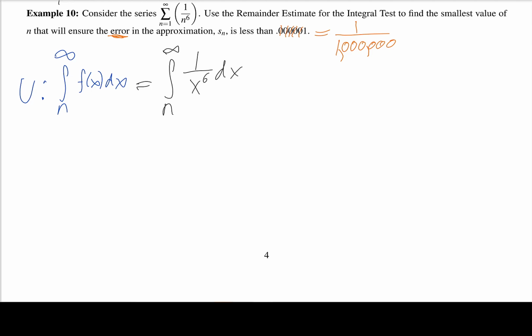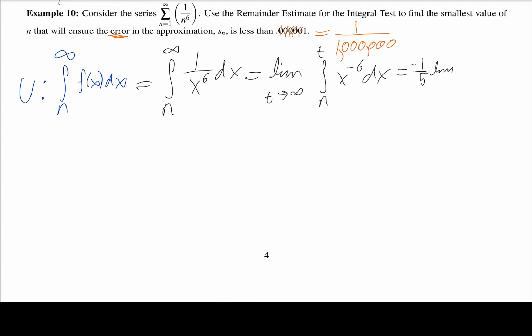Okay. Now, from here, we're going to calculate out this integral, and the one thing I want to remember is that this n is a constant value, right? If I choose, say, s sub 7, then this n would stay at 7. It's not going to be changing. So this is going to be the limit as t goes to infinity of the integral from n to t of x to the negative 6 dx, which will turn into, let's see, this should become negative 1/5